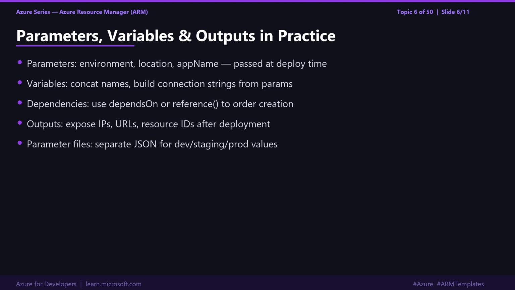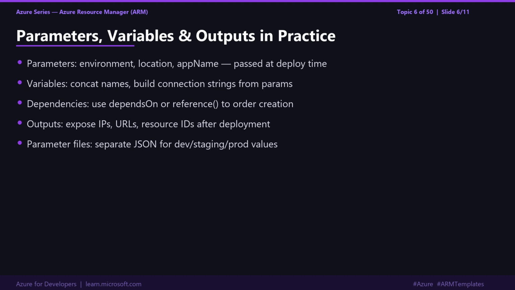Let me make parameters, variables, and outputs concrete with practical examples you will actually use. Parameters are the interface to your template. Typical parameters include environment (dev, staging, or prod), the Azure region to deploy to, and the application name. You declare them at the top and fill in their values either interactively or via a parameters file. A parameters file is a separate JSON file that contains the specific values for a given environment. You maintain one parameters file per environment: